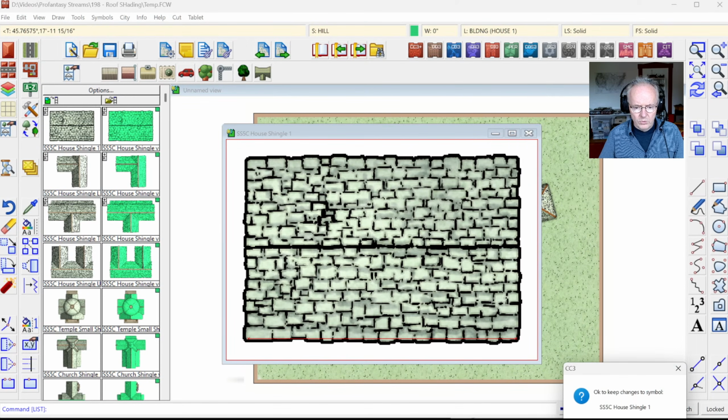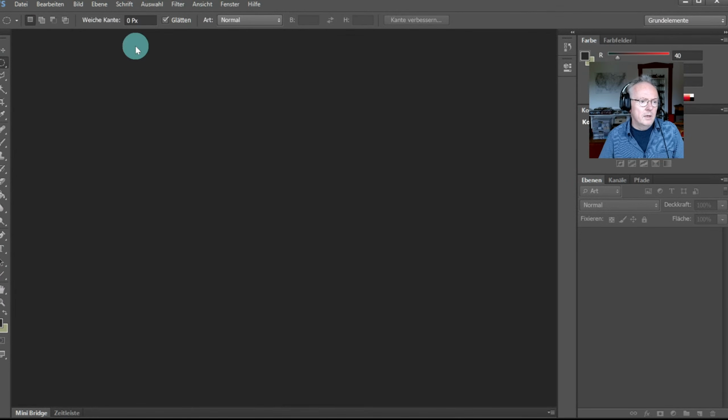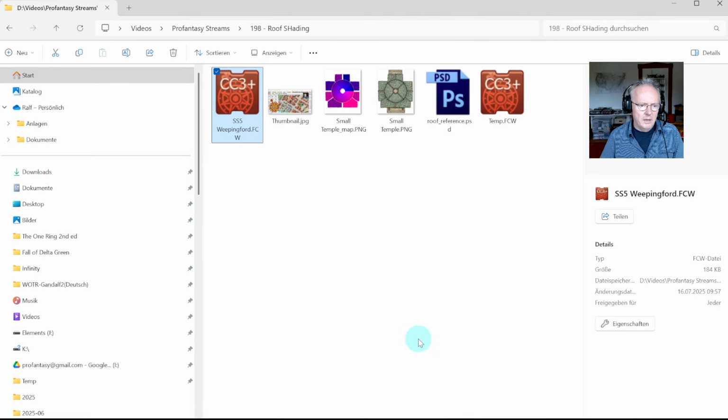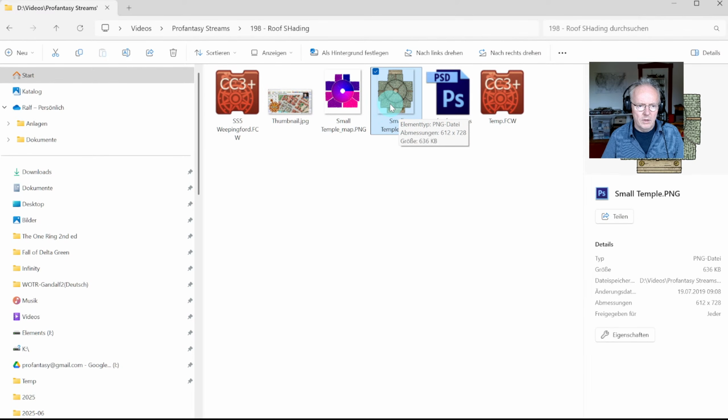Okay, so to look at the details of this, we have to go outside of Campaign Cartographer and have a look into the PNG files that are referenced. We are going to open the PSD file, and here we've got an example of that, the small temple you might have seen earlier. And if we open that in,